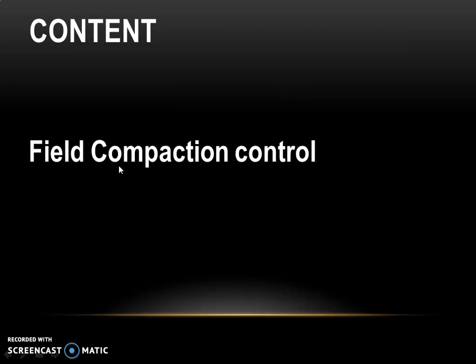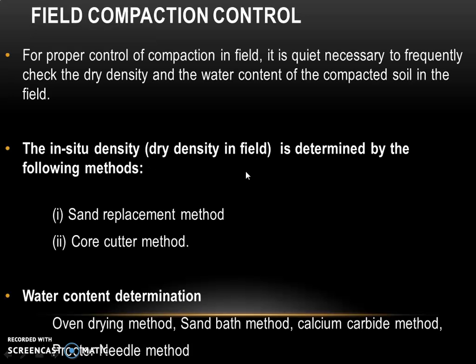In this presentation, we will learn about field compaction control. For proper control of compaction in field, it is necessary to frequently check the dry density and water content of the compacted soil in the field. After compacting the soil by roller, we need to find out what is the dry density and water content of